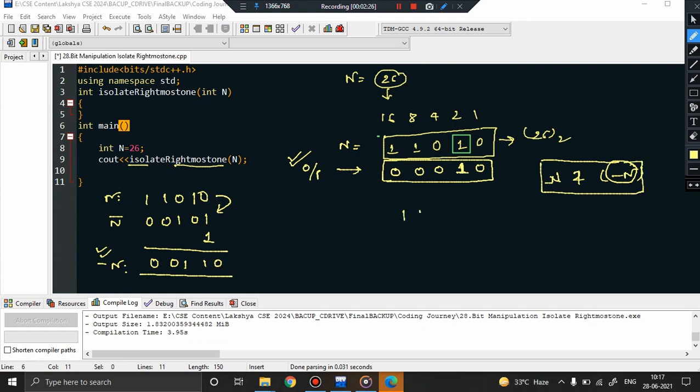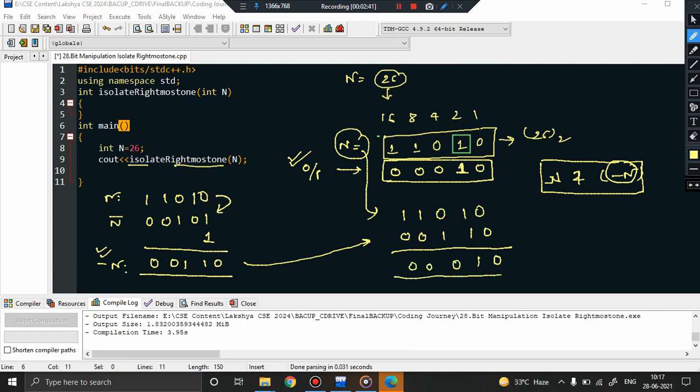Here n is 11010, and minus n here is 00110, and performing the bitwise AND gives us 01000. So you can see we have successfully extracted the rightmost one bit, and we have received our output.